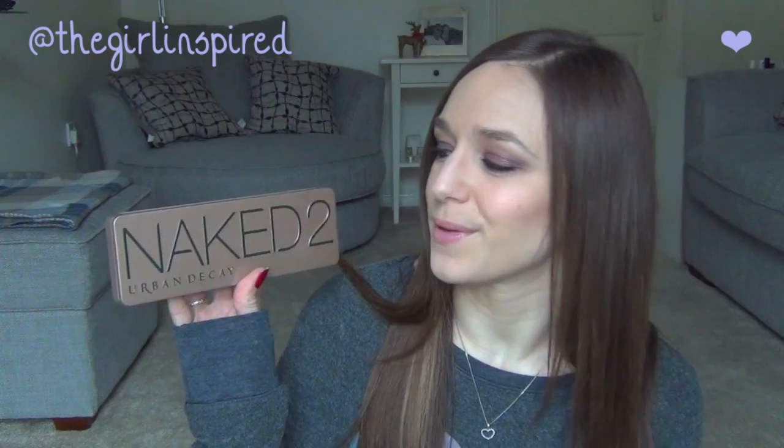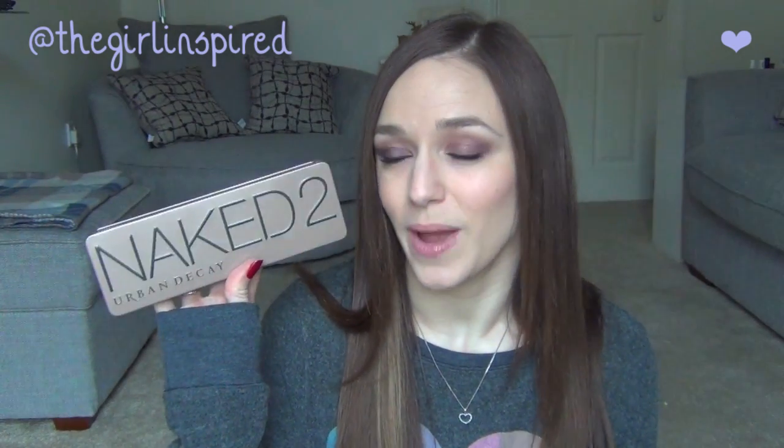So my first favourite is kind of a recent addition to my makeup collection. It's the Urban Decay Naked 2 palette. I've had this for a couple of weeks now and it's taken me the longest time to buy one of these palettes. I remember back when the first Naked palette came out, I really wanted to get that, but then